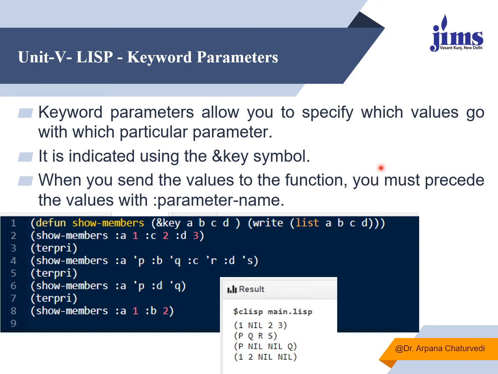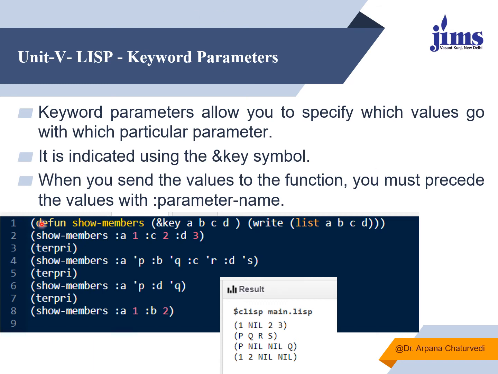Maybe in case you are mentioning 4 arguments in an order and we are passing 4 values in an order, then definitely all the values go sequentially, first value to first parameter, second to second parameter, third to third parameter, and so on. But in case you want to jumble up the values and you want to say no, this key is having this particular value, it is not in a sequence, it is actually written in a jumbled way, and you want to specify that the second value is lying to the third parameter, or the third value is lying to the first parameter, or the fifth value is lying to the second parameter.